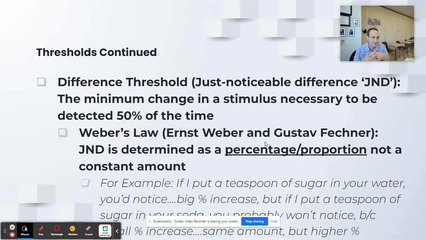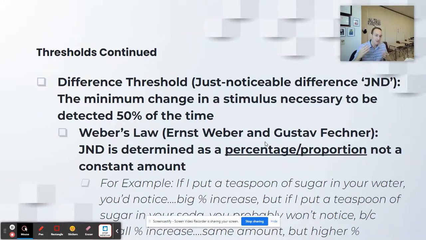Is it there? Can I taste the sweetness? It'll take several pinches of sugar. Eventually, it'll cross your absolute threshold, right? But once you actually do notice the sweetness, how much more sugar would I need to add to tell that, oh, now this definitely does taste sweeter? The more sugar you add, the more you're going to have to add in order to tell that there's actually